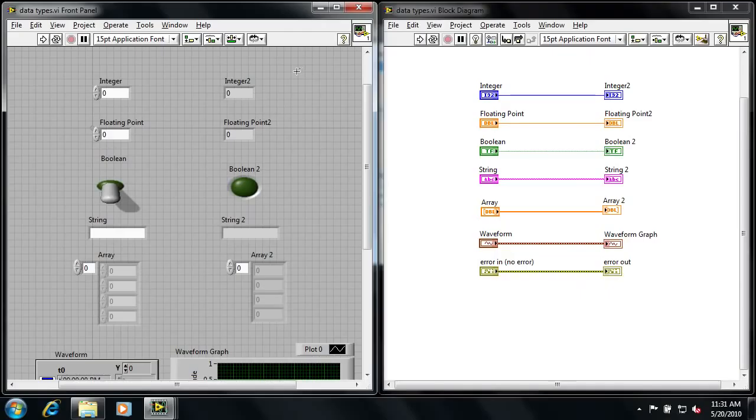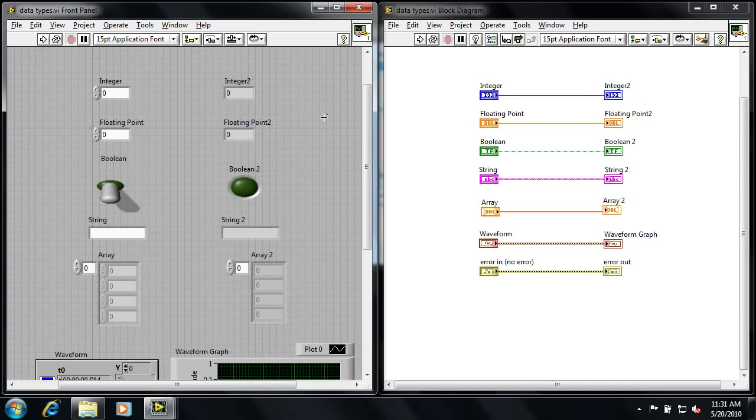Hi, my name is Vineet and I'm going to show you how data types work in LabVIEW. In LabVIEW, every object in wire is always associated with some data type. It's a strictly typed language if you're familiar with other programming languages. And if we look over to the computer here, I've already got a very basic LabVIEW program written, or a